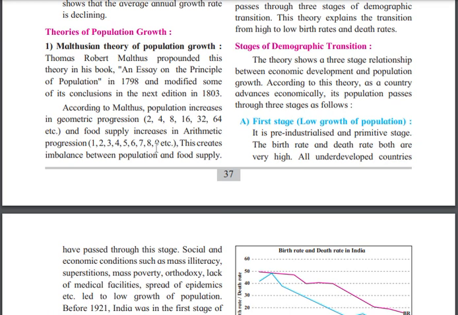So this is the person, Malthus, and he propounded a theory. According to him, population increases in geometric progression. He's saying that population increases by multiplication, like 2, 4, 8, 16, multiplied by 2. So it is a geometric progression, and the food supply increases in arithmetic progression. The supply of food and resources is in arithmetic progression, meaning slowly, 1, 2, 3 like this, and this creates the imbalance between